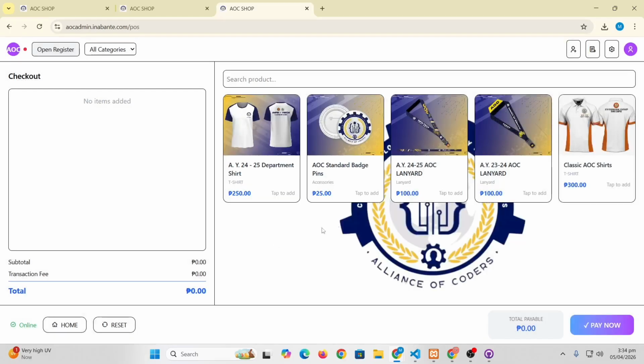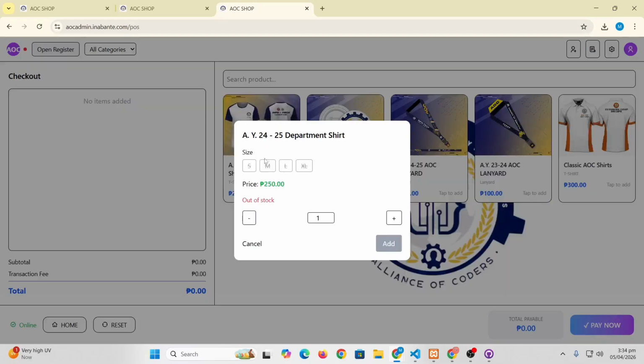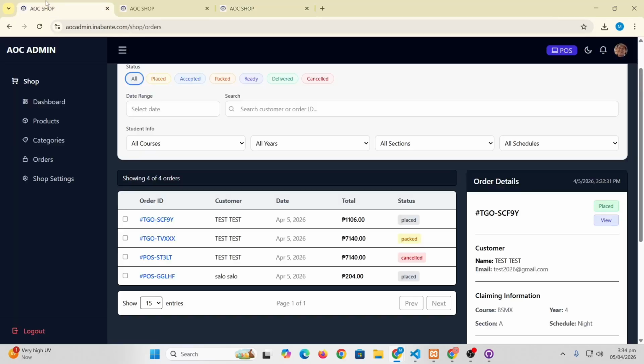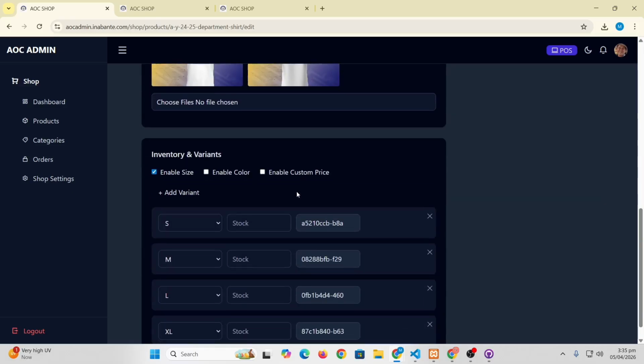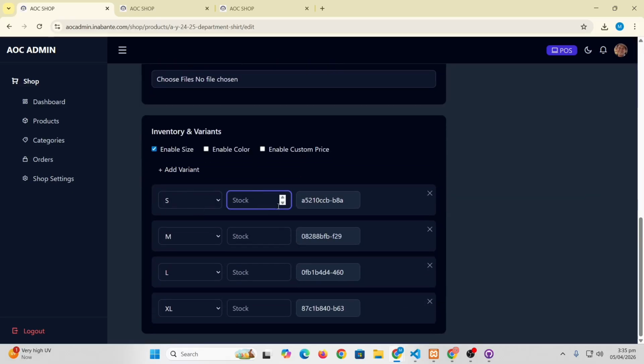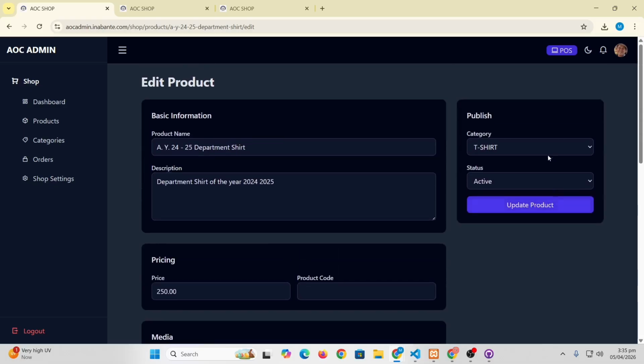navigate. For example, this one we wanted to add a stock. So right on our admin, in the products tab, let's just edit and add the stock. Okay, so for example 900, and then update.